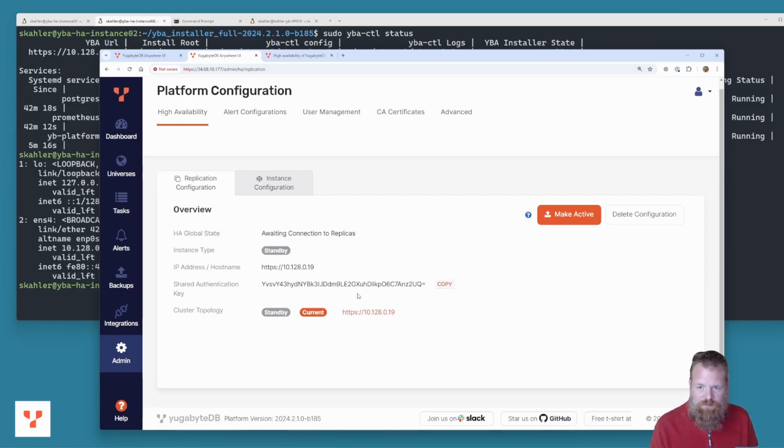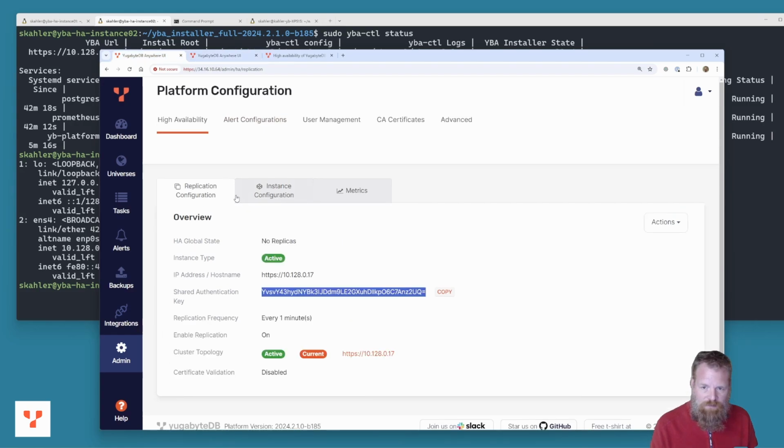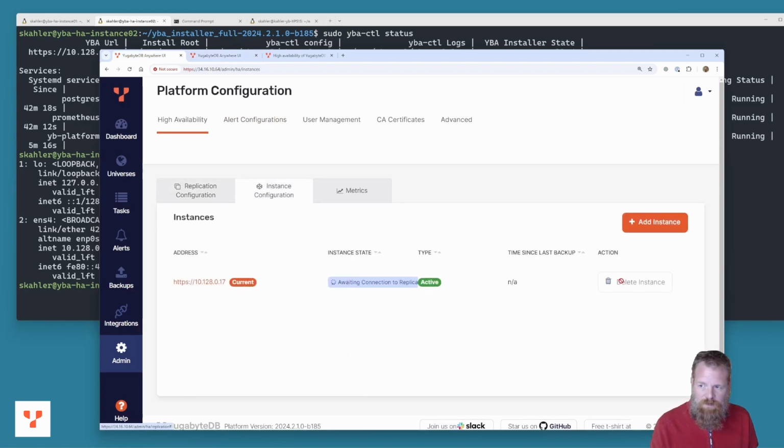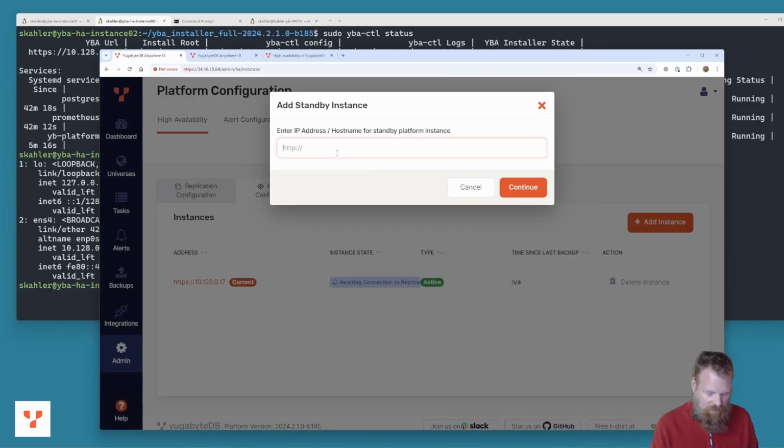All right, so we've got a standby instance that's up and running, and we've got our active instance. So what we need to do at this point is go back to our active instance, and we're going to add an instance's configuration. So you can see it's waiting to connect to replicas. So we're going to add our friend over there at 019. So continue,